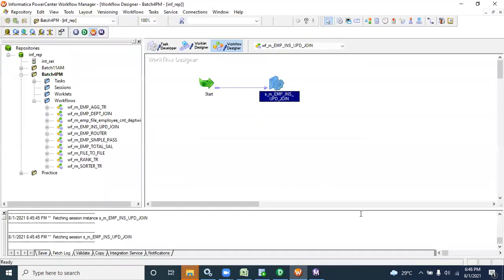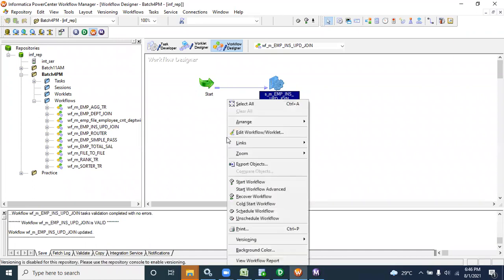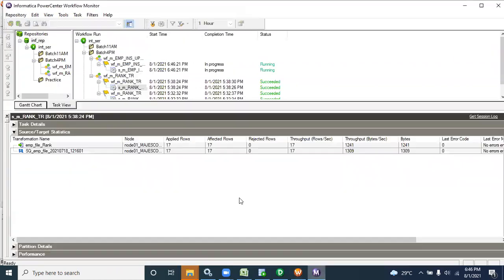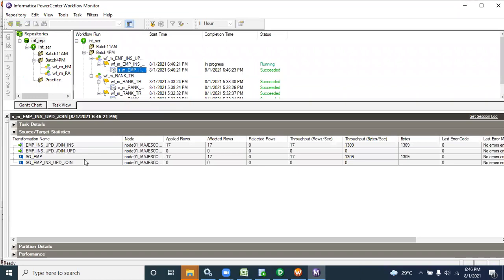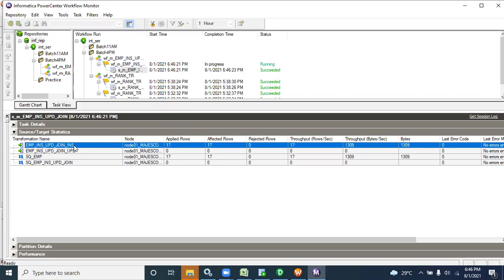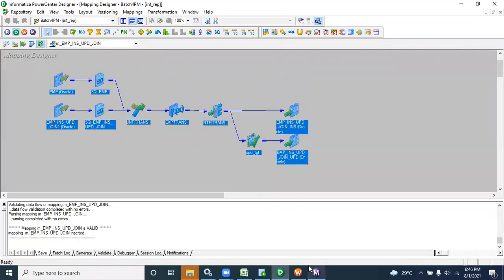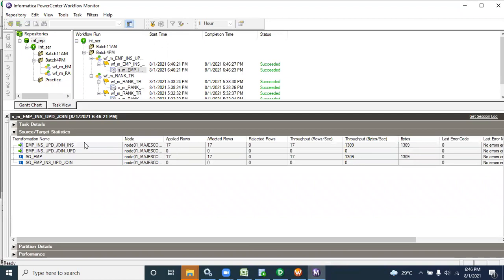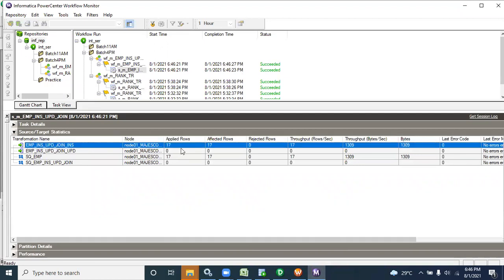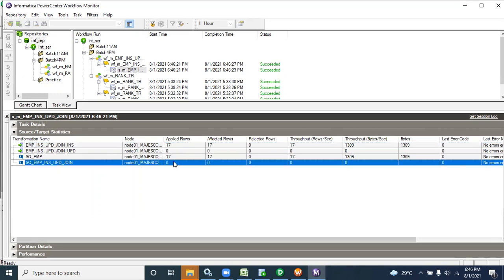So only the connection I am giving, where the table exists. Right click and start workflow. In the monitor, you can easily understand what I'm trying to say. You can see only 17 records are going to insert, and no update. By seeing the monitor, production people can easily say why Informatica gives those things: this 17 records today is going to be inserted. But the target till now doesn't have records.